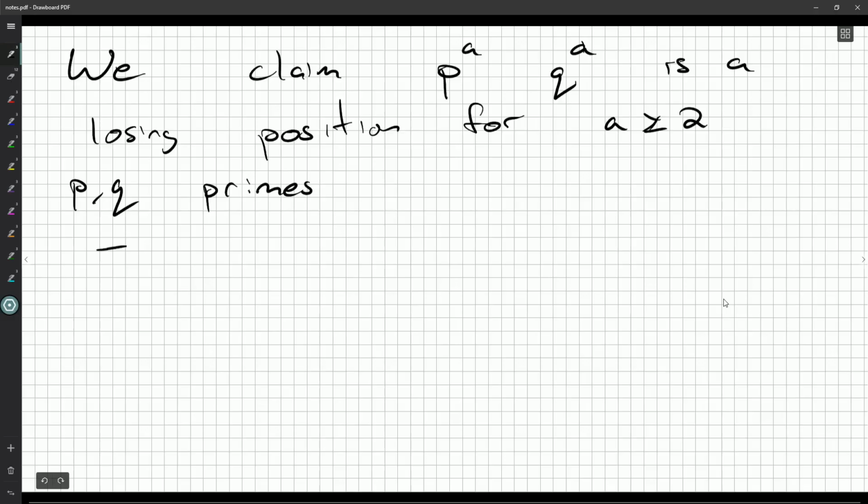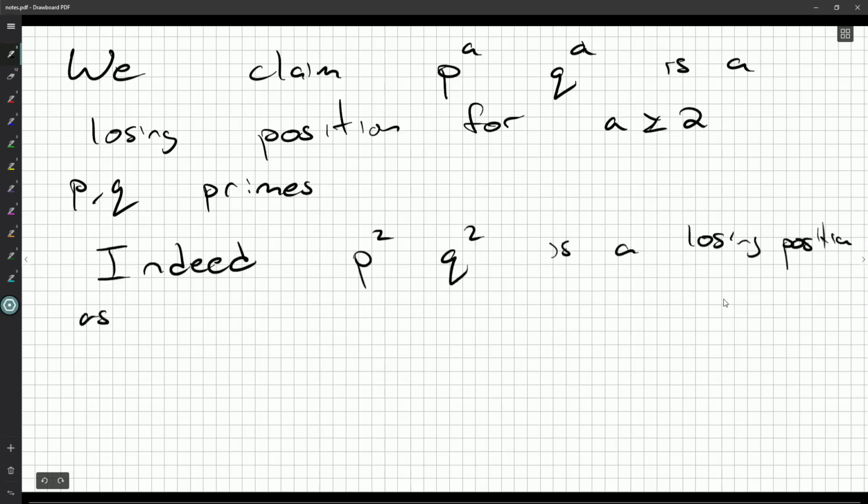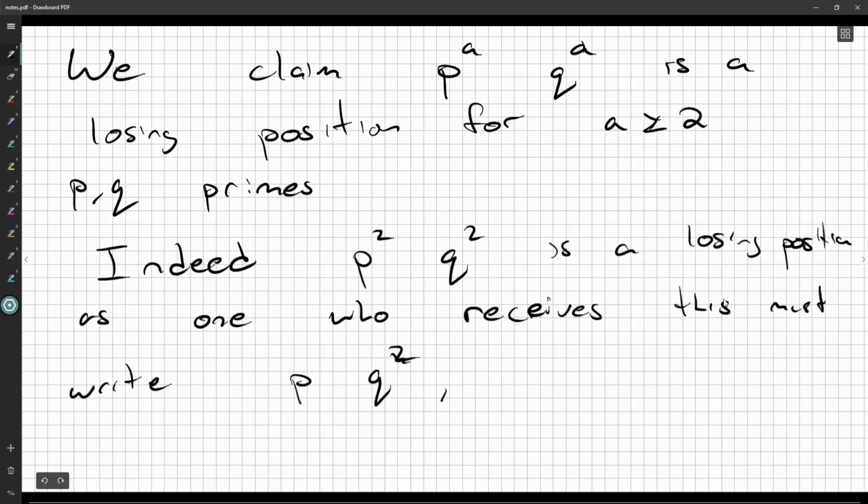Okay. So indeed, p^2, q^2 is a losing position, as one who receives this must write p q^2, p^2 q, 1 q^2, or p^2 1, and then lose. Okay. Now,